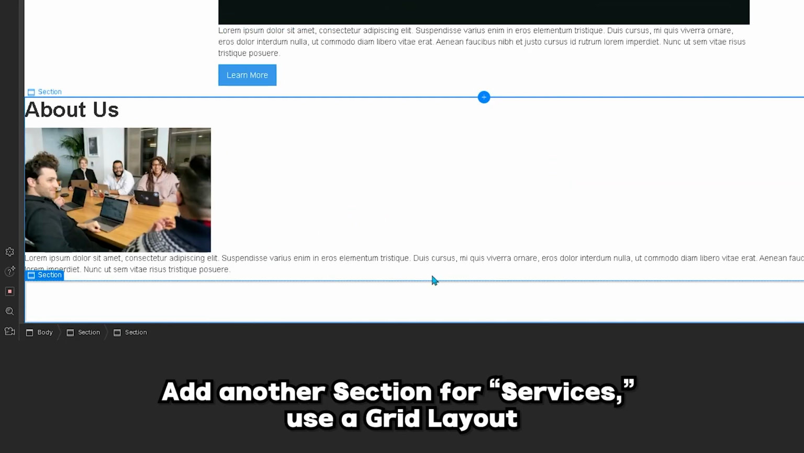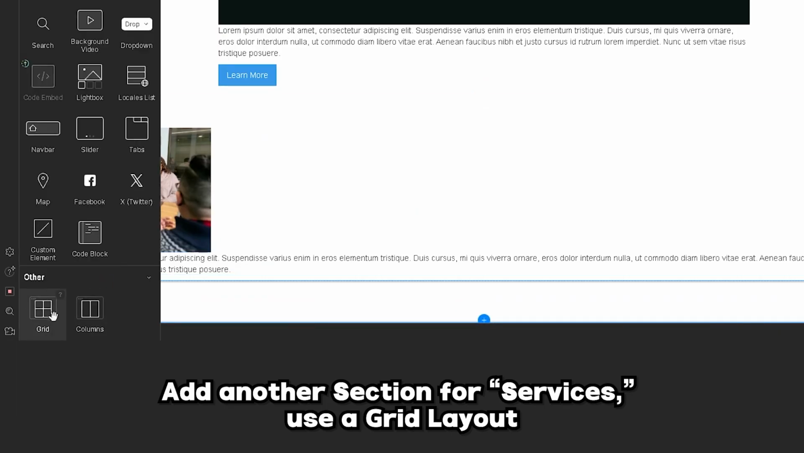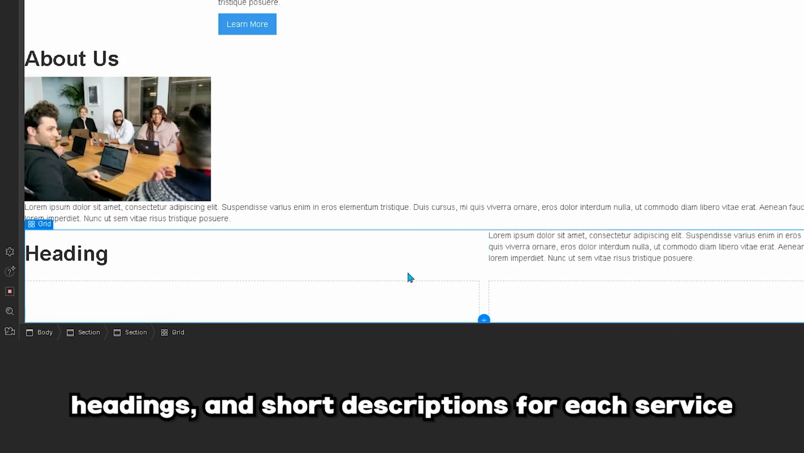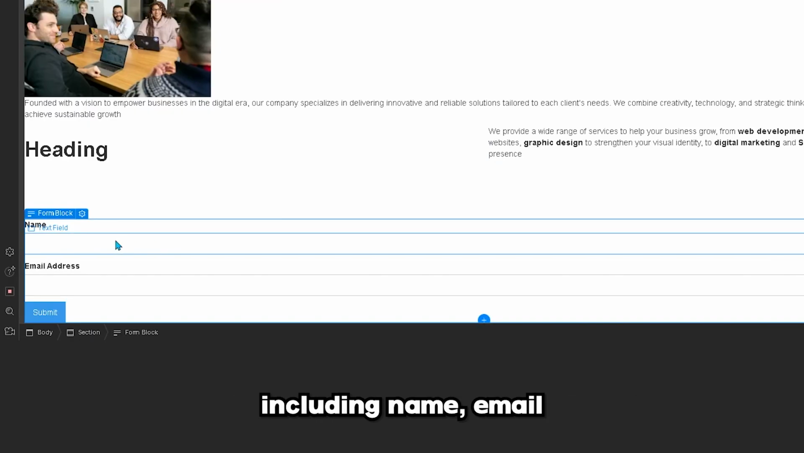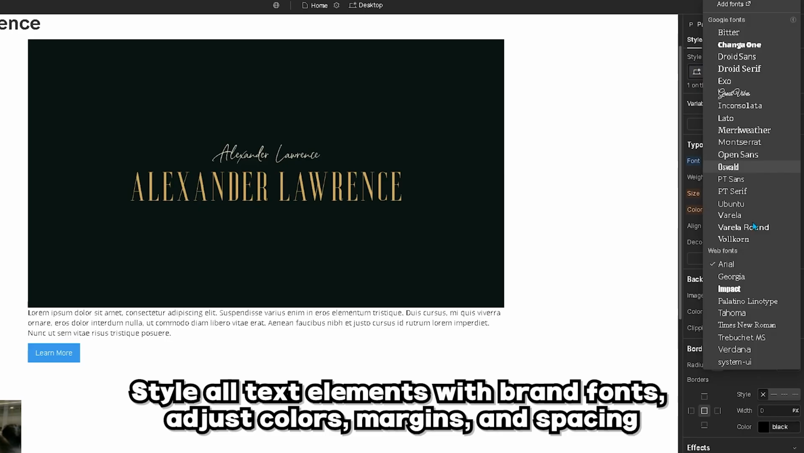Add another section for services. Use a grid layout, headings, and short descriptions for each service. Next, create a contact section with a form block, including name, email,